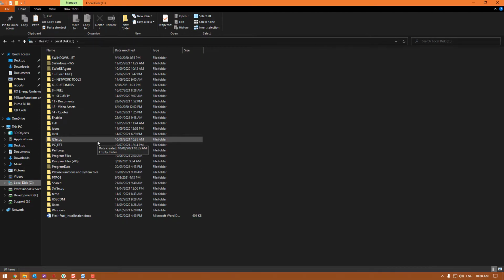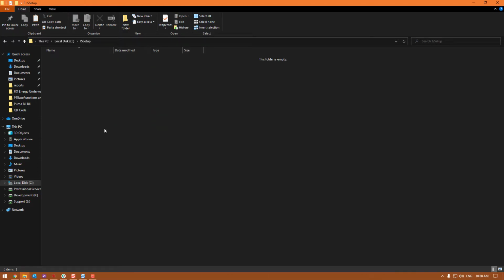Every C drive with us will have an IS setup, so we're going to go into there and paste our QR.bmp. Now this is where it gets complicated for a lot of people, but we need to put this in the same location for all the point of sales as well. So every point of sale will have a C drive IS setup, same as what the back office does. Now to get to it, we can click at the top there where it says C drive IS setup and go /